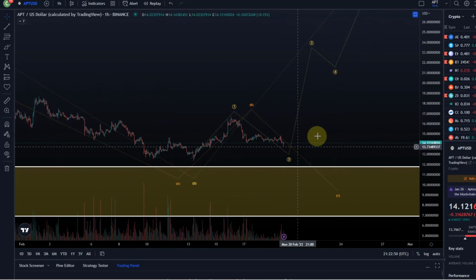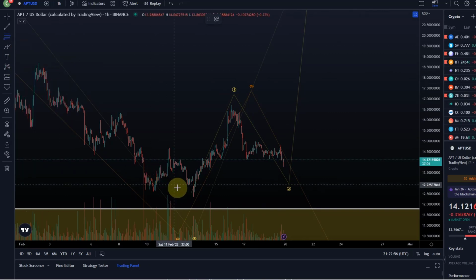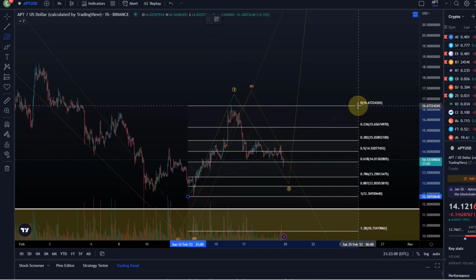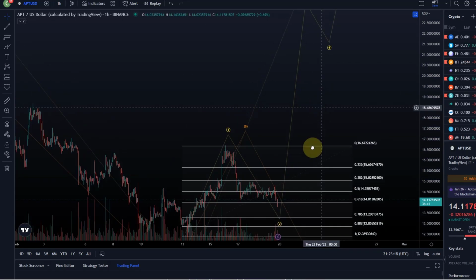What is the support? So I already gave you the invalidation point for the 1-2 setup. What is important though is to understand typically if such a wave 2 comes down lower than the 78.6 retracement, then this is getting difficult, right? It's typically then not holding. So here is the 1329 level. So I would say as long as we're holding 1329, we have a decent chance of getting higher in this